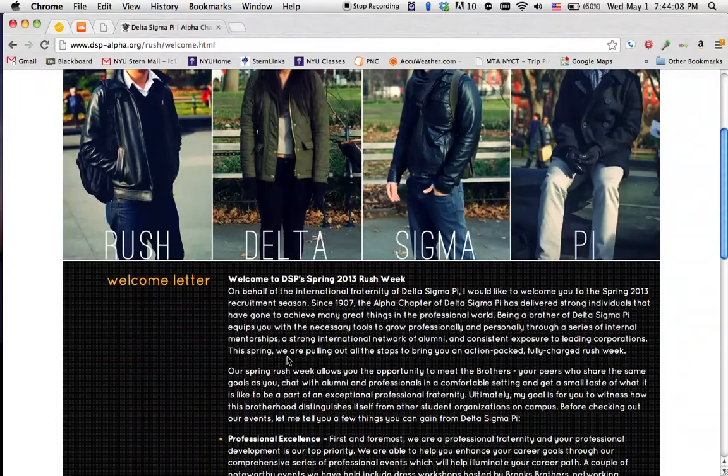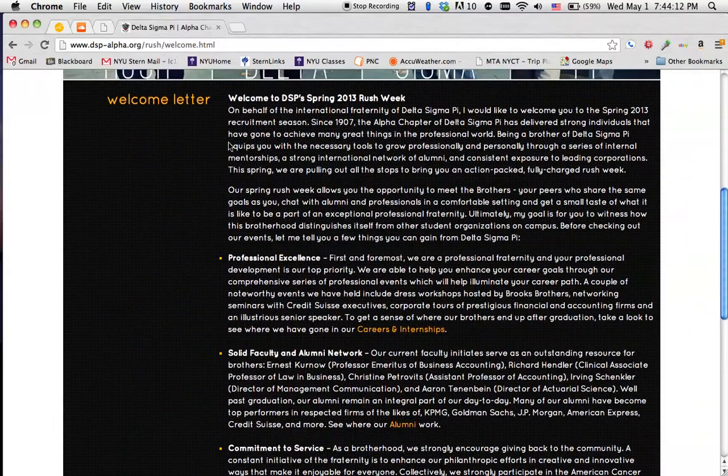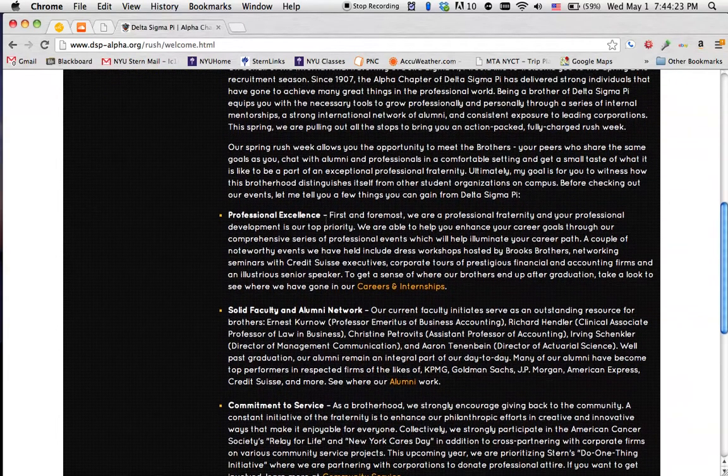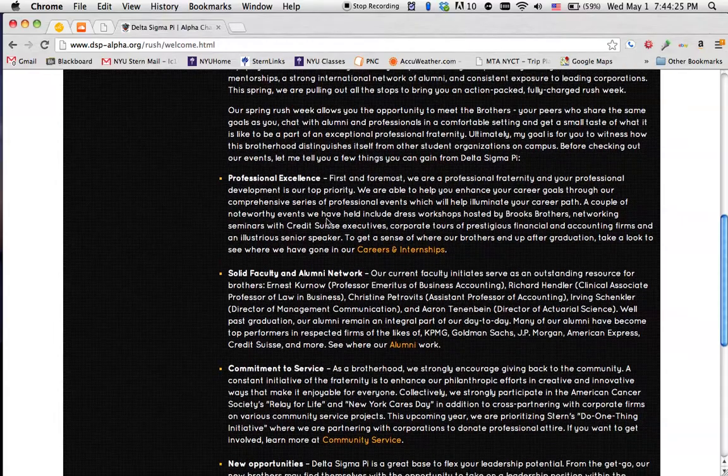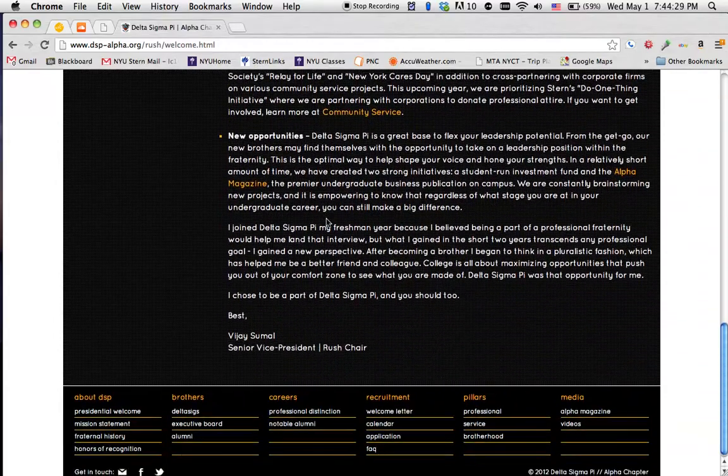So welcome letter, basically just looking at the website, not even the code. You can see that all you have to change is the semester and the year. Whoever is the SVP for next year just has to look through it. I mean, usually it stays pretty much the same. So all you have to do is change their name down here, and